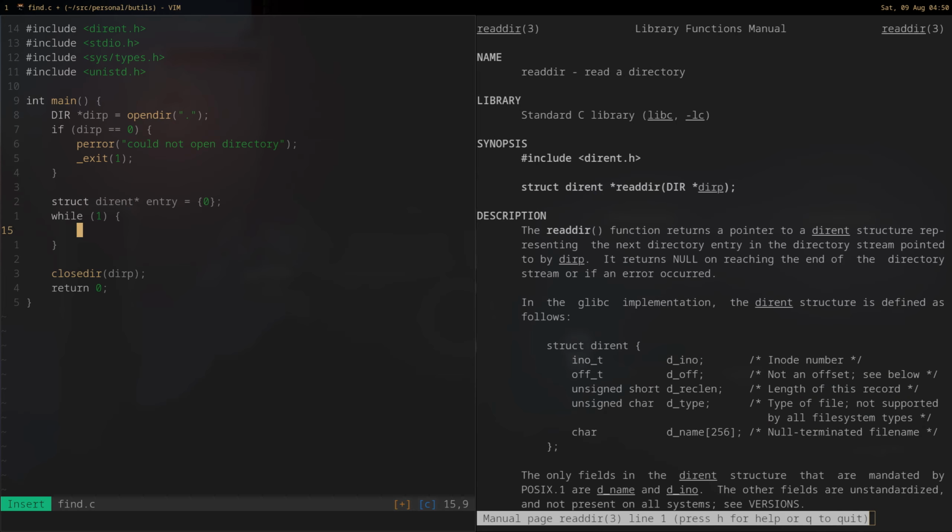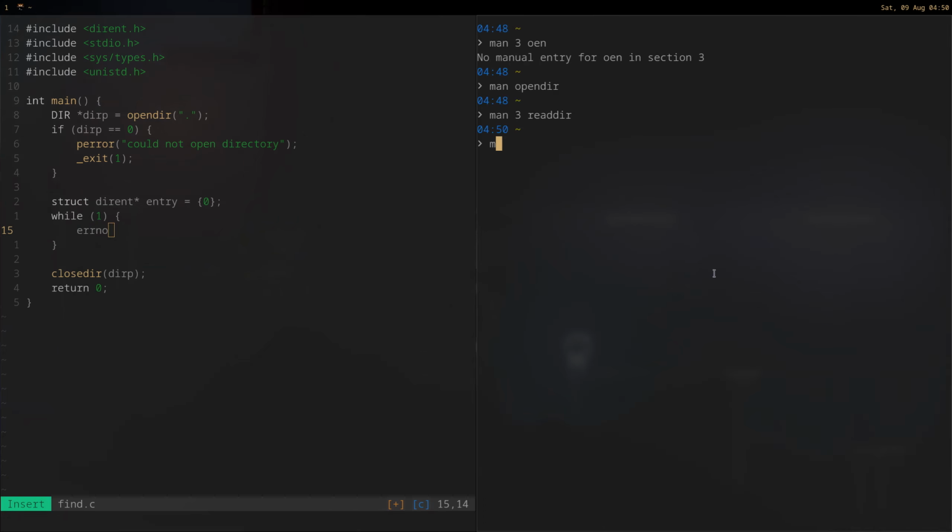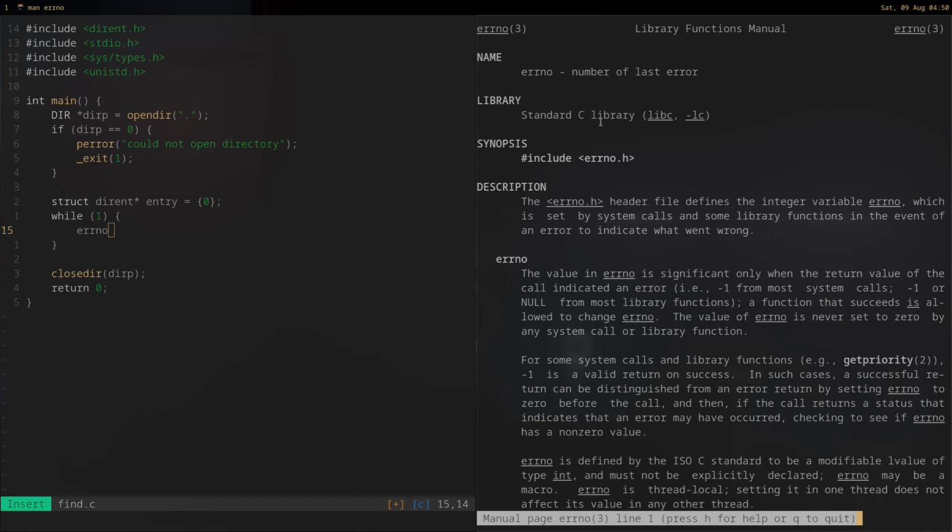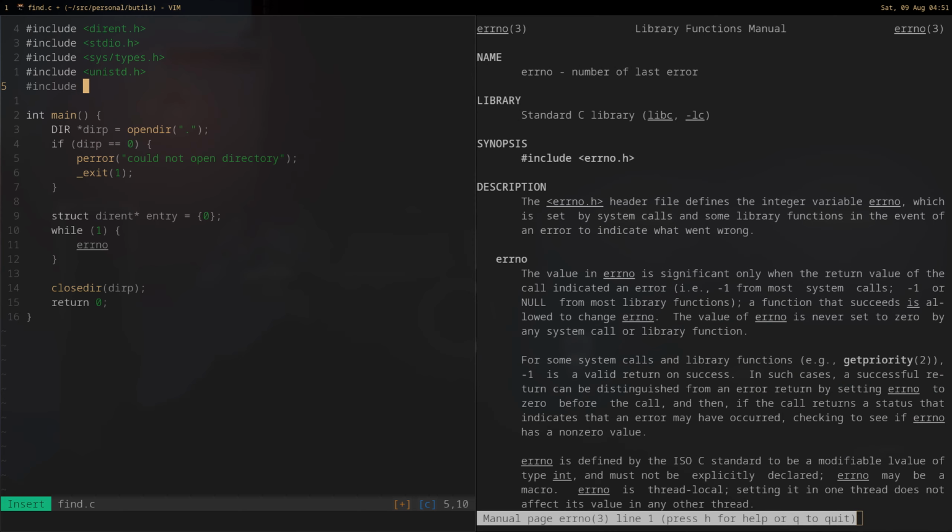Okay, and we say entry equal to, before doing entry we just set errno, but errno requires an integer variable, so we need to add this thing as well. Equal to 0, and then we call readdir,